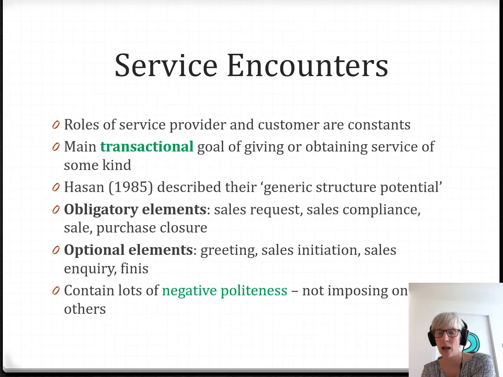So I'm not going to go through service encounters again. You have the work on service encounters. Just to mention that in a British context, there's lots of negative politeness. That the British approach to politeness focuses most on negative face wants, that is, not to be imposed upon. So there's lots of pleases and thank yous because those are ways of showing you're not imposing on someone. Okay, but maybe there's not so much compliments and calling people by their first names. That's more positive politeness, and we do associate that more with American service style.